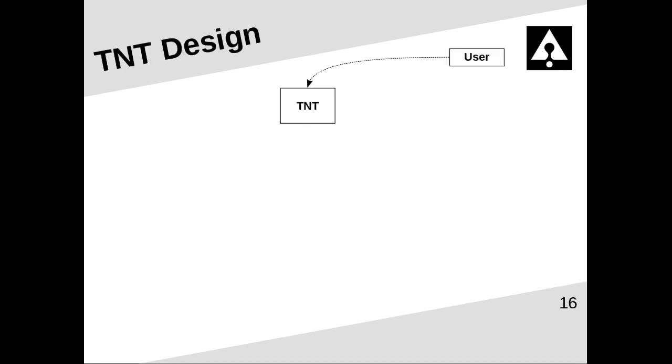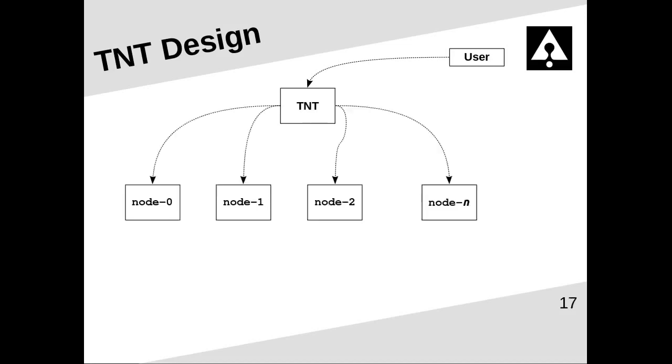So how does TNT work? Well, as a user or a tester, you're going to start up TNT, which is a Python program. And when you direct it to, TNT will start up some number of nodes that's specified by you. It can be anywhere from one node to dozens of nodes. These nodes are called node-0, node-1, node-2, up to node-24 or node-57 or whatever it is. And once those nodes come up, each one of them will start its own log.